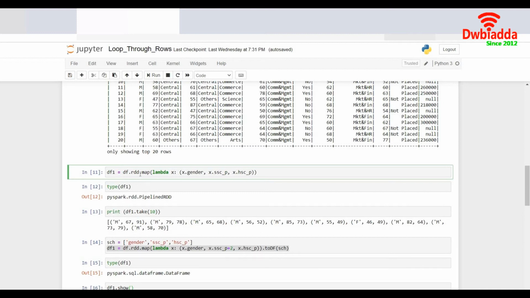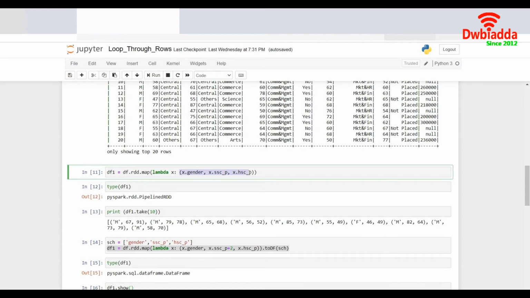Each row of the data frame will be passed into the lambda function and will be stored in the variable x. Now for each row of the data frame, it would perform the given operation considering x as the row of it, right? So for the first row, it will be saved in x and it will perform the given operation. In this operation, I'm trying to just print the respective columns of the first row. It will then loop into the next row and save it again in x. So it will just keep on looping on the rows and performing the operations provided over here.